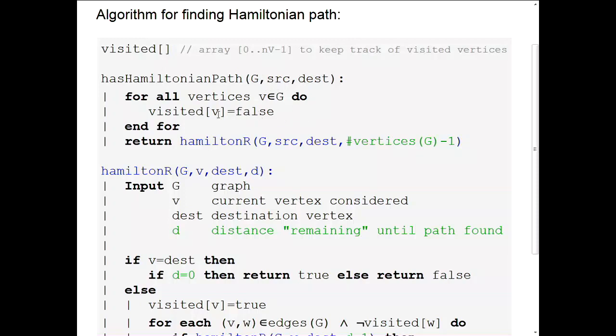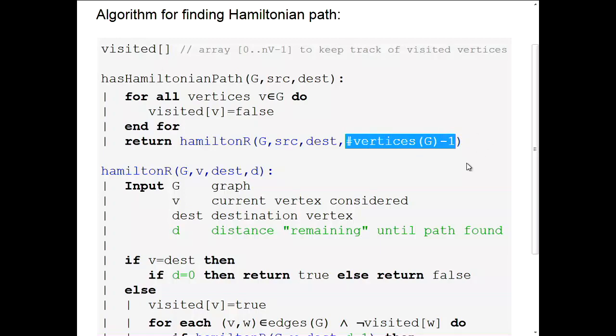We say that at the beginning we haven't visited any vertex, and then we call a depth-first search for a Hamiltonian cycle, or a general path from source to destination, with the number of vertices minus 1. This is how deep we have to go in order to be sure that we have found